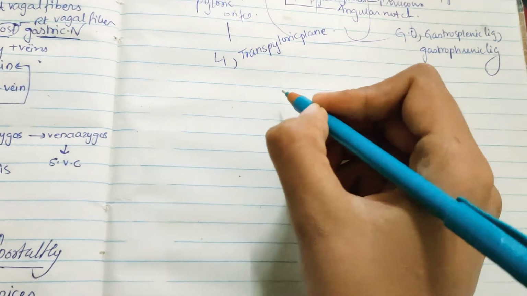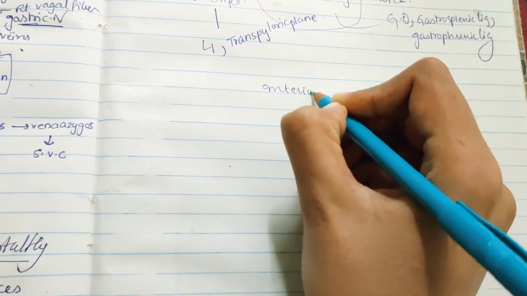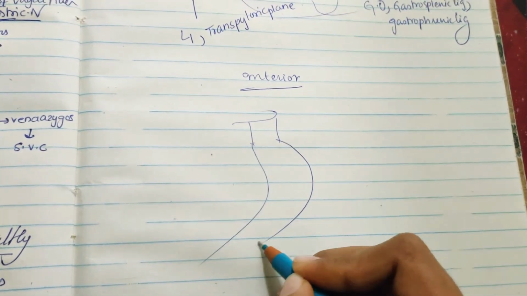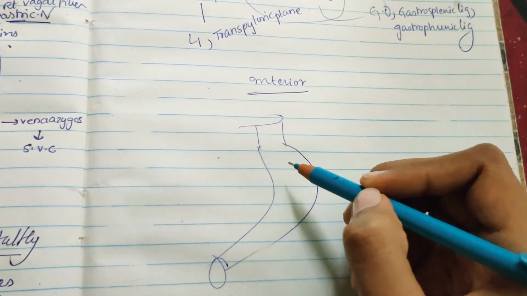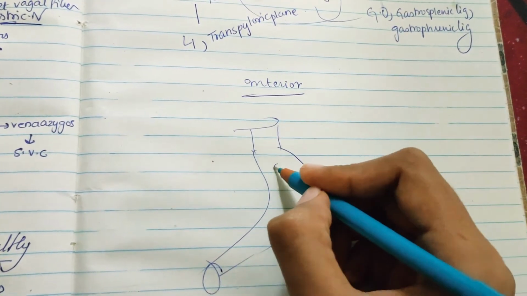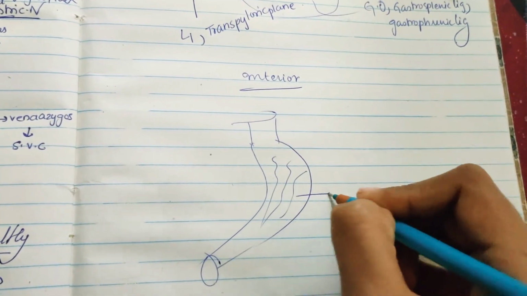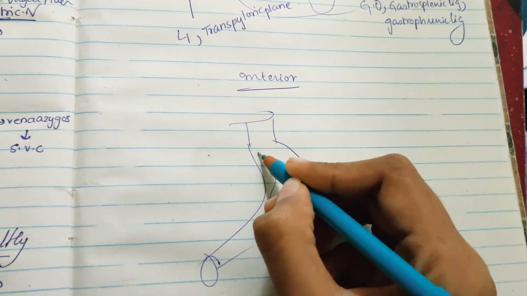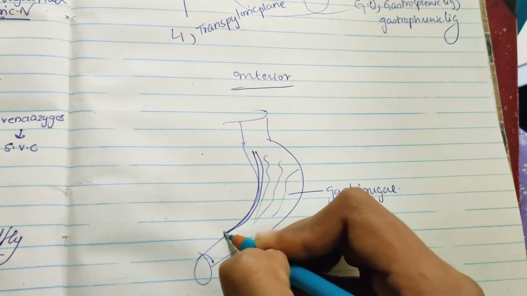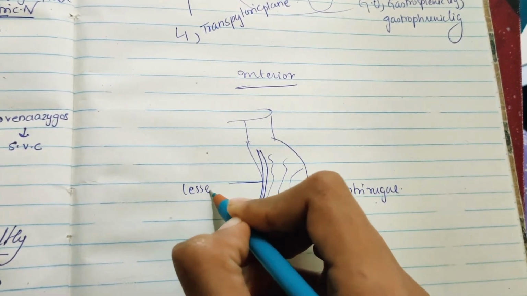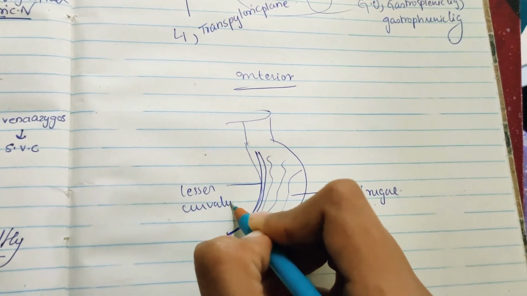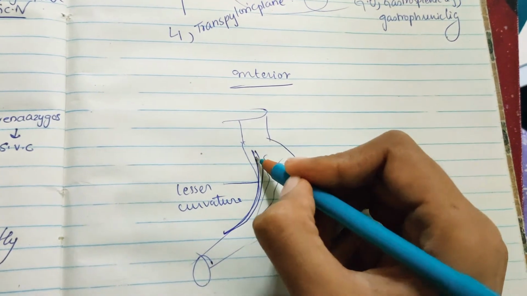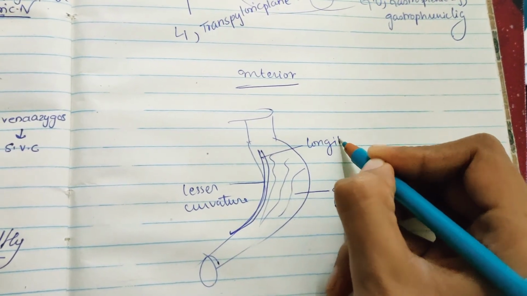Now let us discuss the interior of the stomach. If you see the interior of your stomach, you have the mucosa, and that mucosa has rugae-like structures which are like folds of the stomach. They look like folds, and these are called gastric rugae. These gastric rugae are mainly longitudinal in the case of the lesser curvature. So this is the lesser curvature. In the lesser curvature they are longitudinal, whereas they are irregular like this in the other parts.